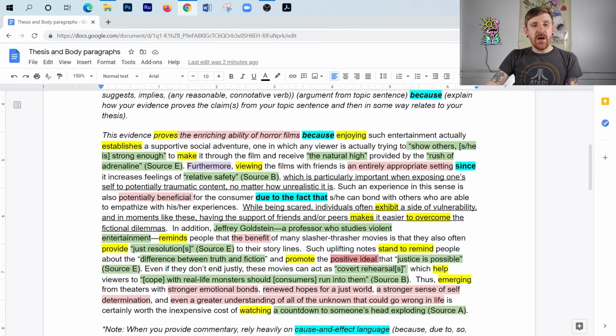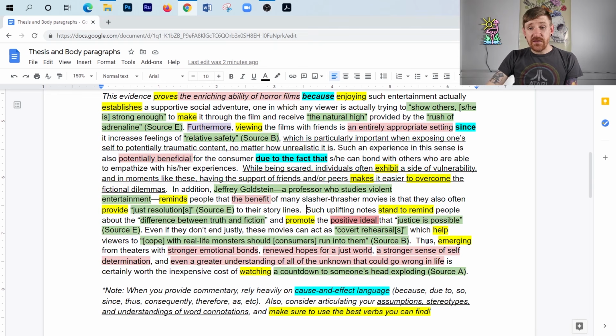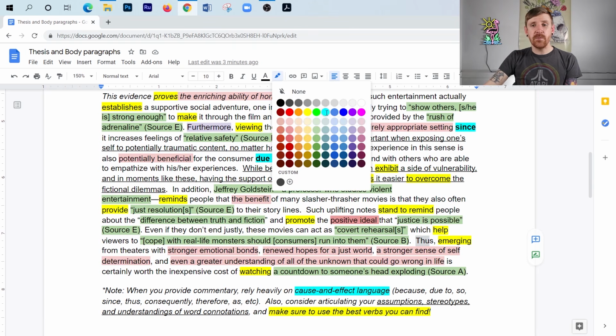Even if they don't end justly, that would be those movies, these movies can act as covert rehearsals which help viewers cope with the real-life monsters, should consumers run into them. Thus, so know this word thus right here is also that kind of cause and effect language. We'll highlight that blue.